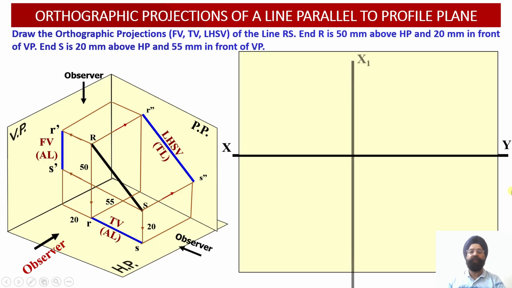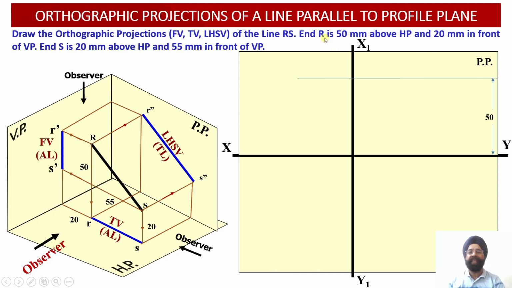Now let us proceed with the construction of the orthographic projections of this particular line. Now as we know, this line RS happens to be parallel to the profile plane. So we are going to start with the construction of the side view projections to begin with. So this is the profile plane. So onto the profile plane, we have to draw the coordinates of point